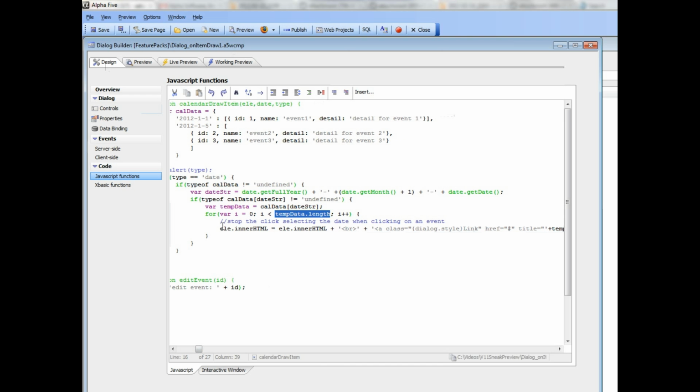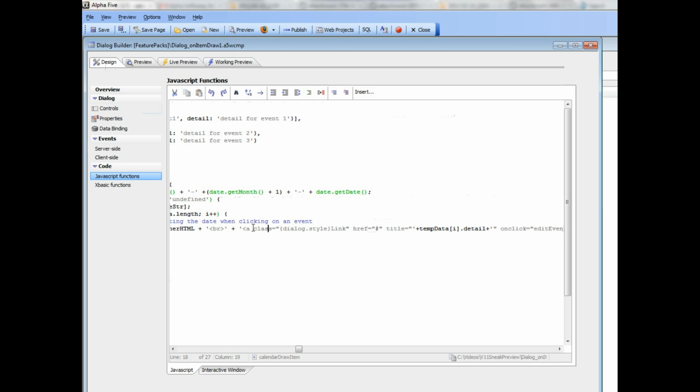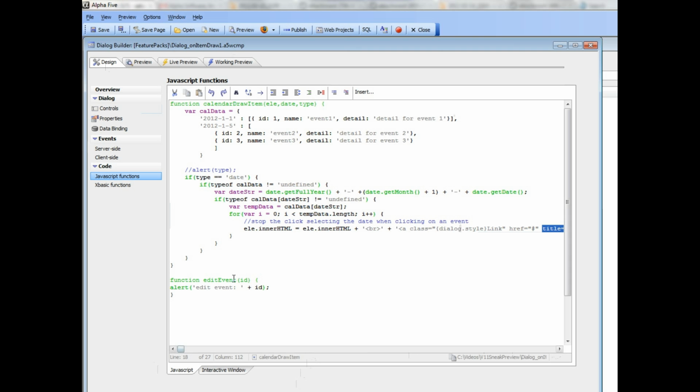And here you can see we're taking the inner HTML of element and adding onto it a BR to move to the next line, and then we're putting in a hyperlink using dialog.style, so that's going to give us the right class name for this hyperlink. Then we're setting the href of the hyperlink to just a hash, which means nothing. Then we're setting the bubble help on the hyperlink to tempdata.detail,